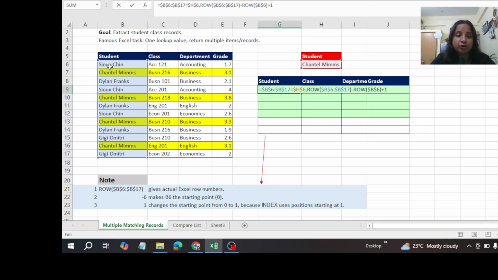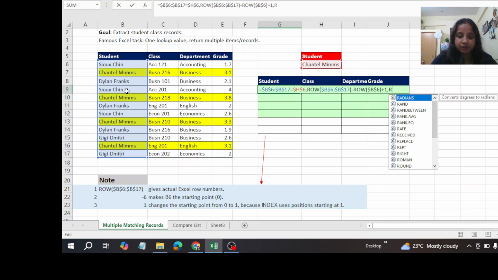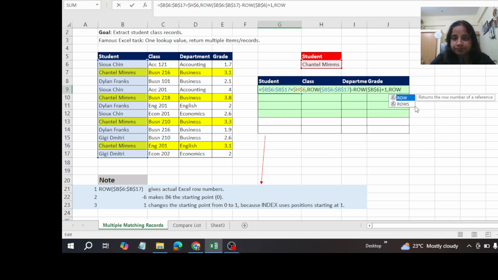So now the position has been created: for row number 6 it is 1, for row number 7 it is 2, 3, 4 like this. And why is this position necessary here? Since we have duplicates here, we have created the position. Next will be comma ROWS,